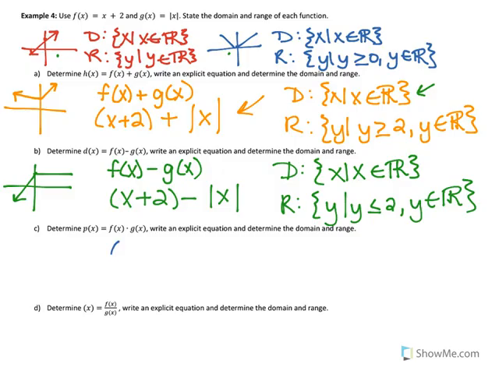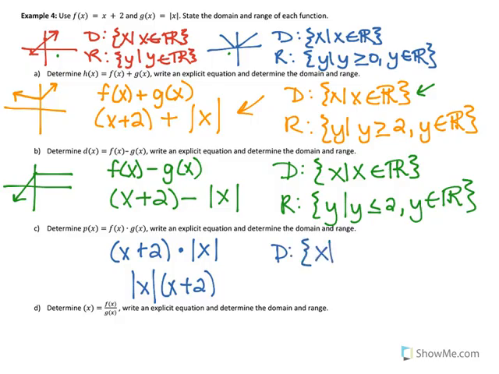Okay, multiplying. So we're going to do x plus 2 times the absolute value of x. A little bit easier way to write it is x times x plus 2. So there's our explicit equation. Our domain is going to be real numbers. It does not change. Our range, if you don't remember from last lesson,